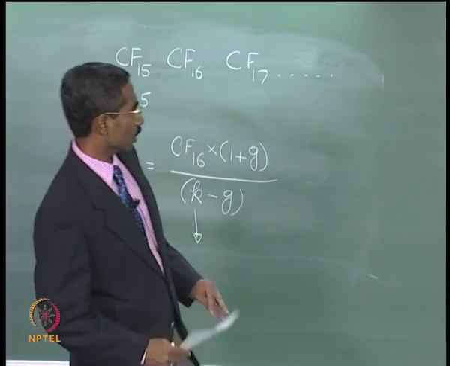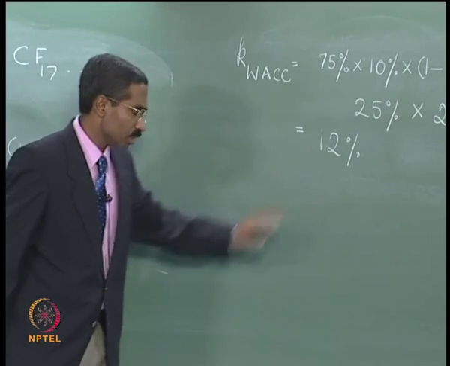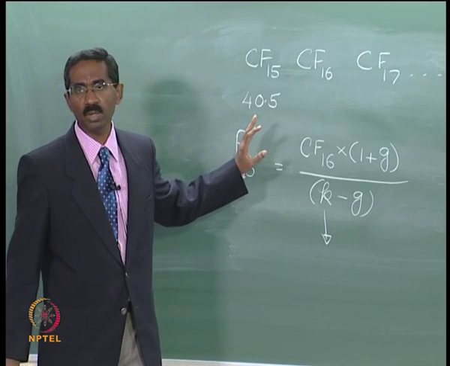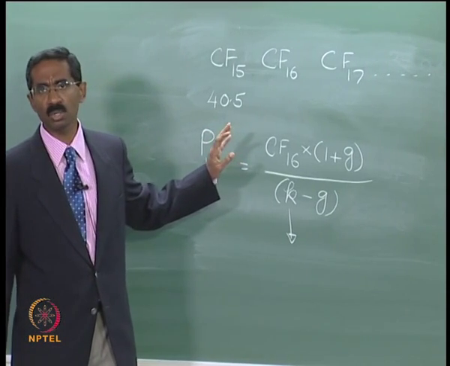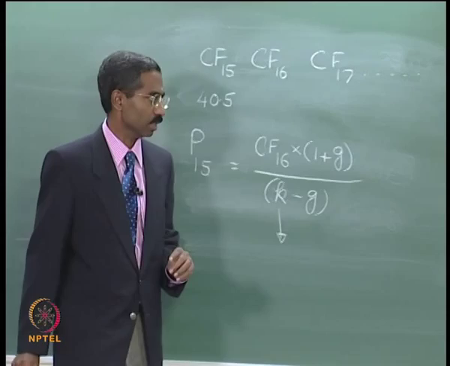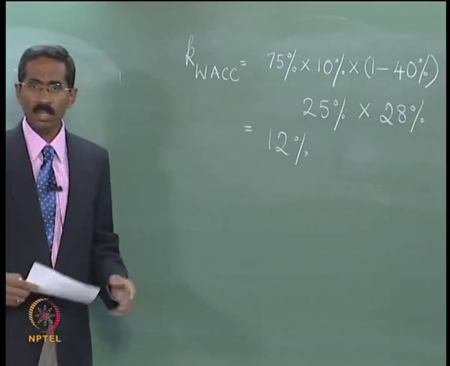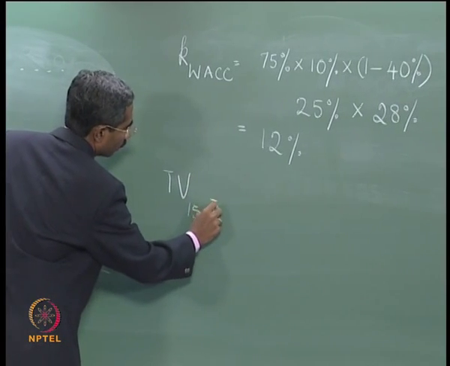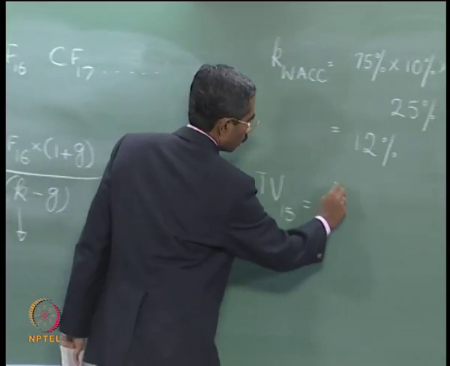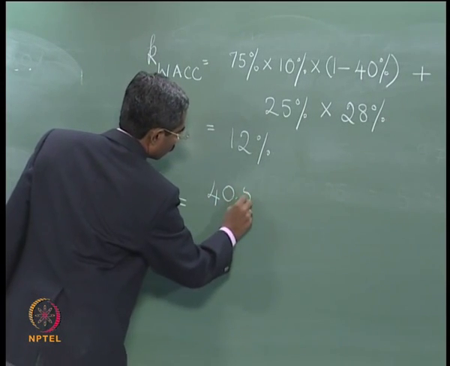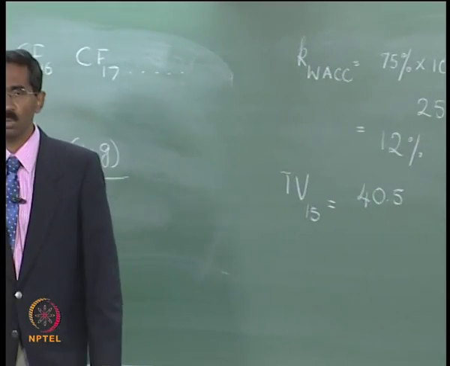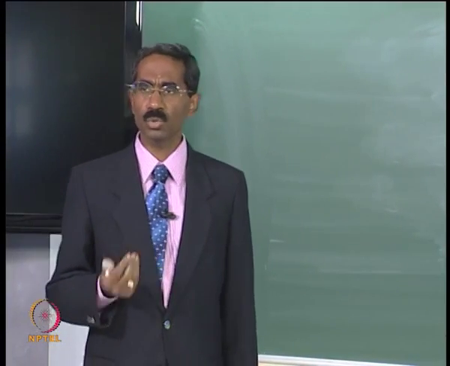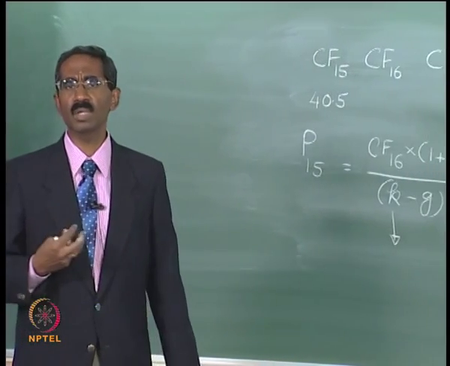So we then use the weighted average cost of capital of 12% in determining your terminal value, or the residual value, at the end of year 15. The terminal value at the end of year 15 will be 45 multiplied by the growth rate. The growth rate is something that we need to assume. For example, we assume a very nominal growth rate,